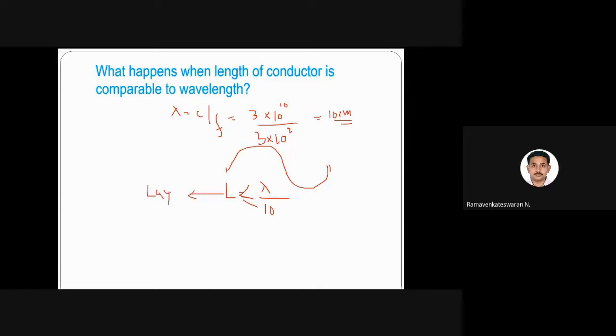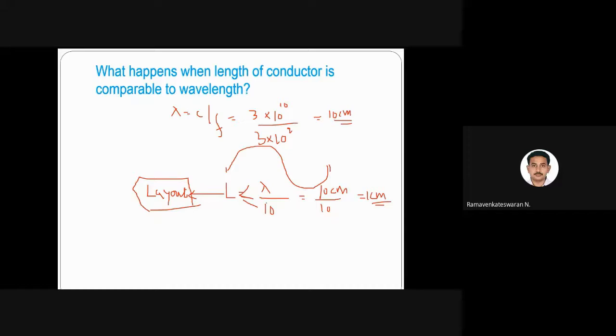Whatever schematic you do in Virtuoso, finally it has to go to the layout. The layout is very important for high frequency circuits, because of crosstalk and parasitics, so we have to optimize the layout part. When they choose the physical dimension, typically it's very small compared to the operating wavelength. In this case 10 centimeter by 10, so they'll choose 1 centimeter, less than that, not more than that.